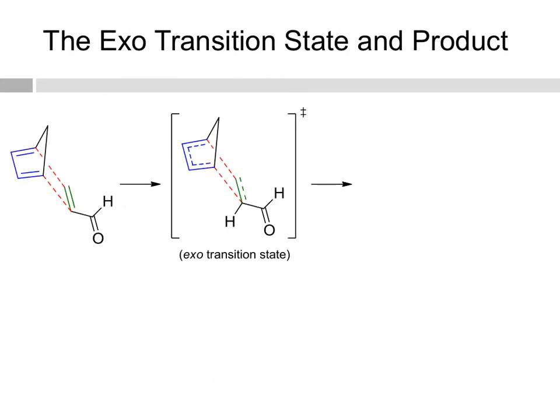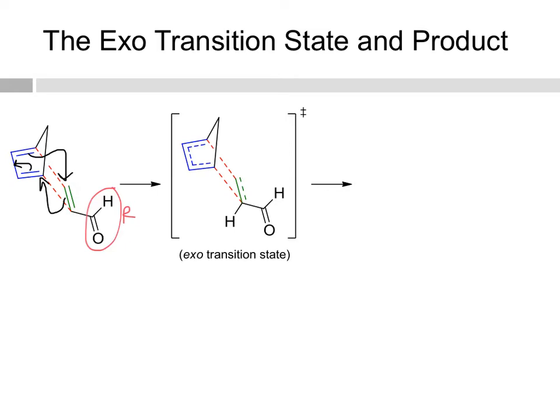Now let's look at the exo transition state and product. Remember that the exo approach is when the R group is away from the diene. The way we've drawn the diene with this carbon pointing up is just to show that as this dienophile comes in from the bottom, it's going to push this carbon up. If we draw arrows, we know that the diene is going to attack this alkene. This is in turn going to attack carbon number 4 here, and we're going to form a new pi bond